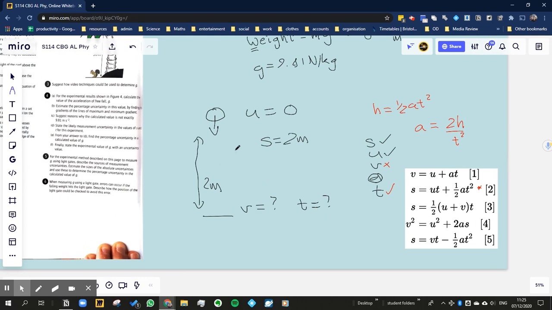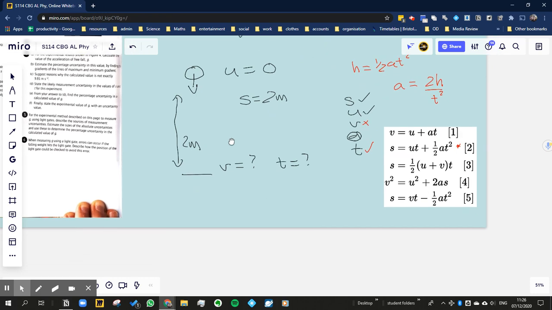So the methodology is essentially measuring the time accurately, or measuring the height accurately as well, but the much more problematic variable will be the time. If I just get a stopwatch and time how long it takes for something to fall 2 meters, I'm bound to be wildly off because my reactions are just nowhere near good enough. I mean, it's quite a short